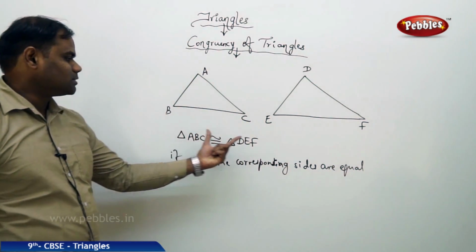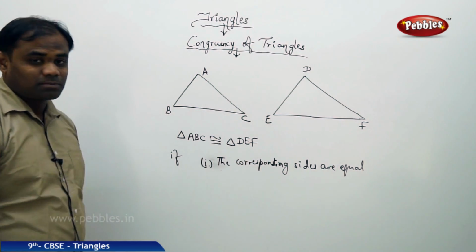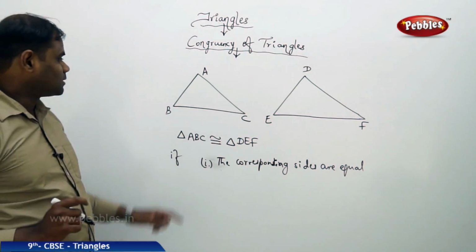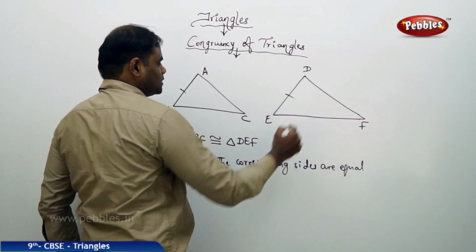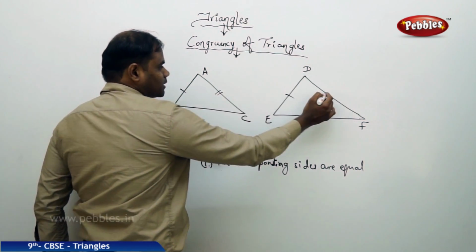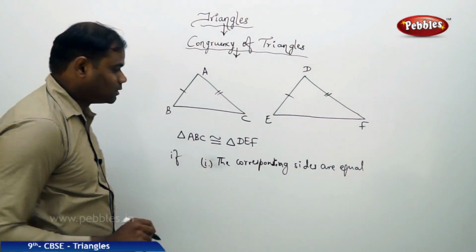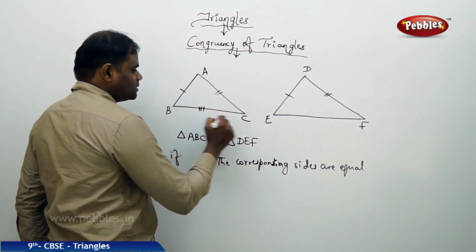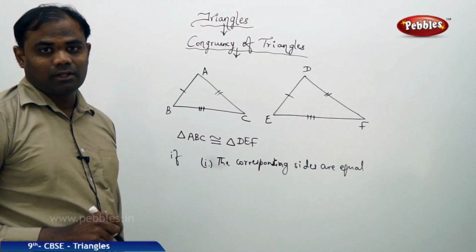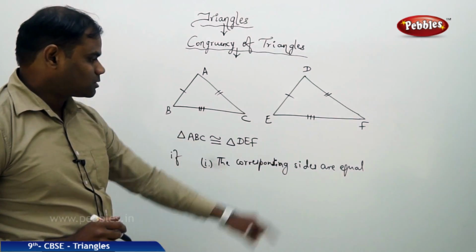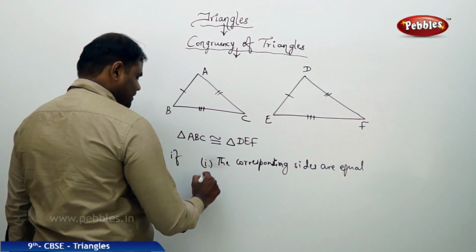That is, for triangle ABC and triangle DEF, the corresponding sides are equal. The corresponding side of AB is DE, so this must be equal to this, and for AC the corresponding side is DF, which must be equal, and the corresponding sides BC and EF must be equal in correspondence. The corresponding sides are equal, and secondly,